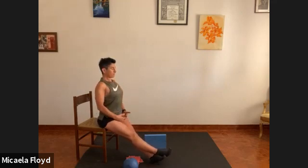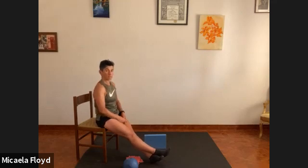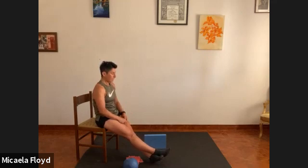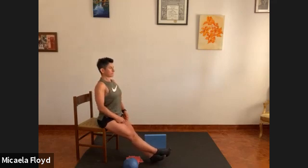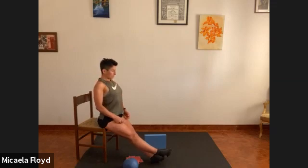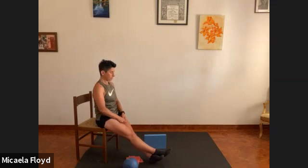5, extending and opening, and releasing back. 4, 3, 2, last one,